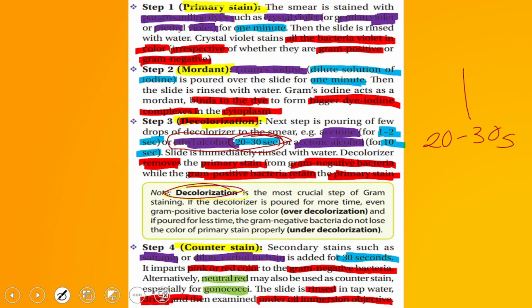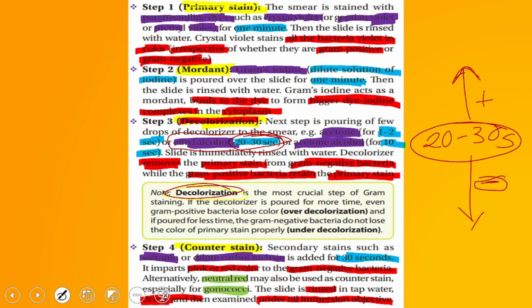Now there are two possibilities. What if you allow the decolorizer to stay for a longer duration, for some extra time, or you apply the decolorizer and immediately wash the slide, that is, you reduce the duration? The optimum duration is 20 to 30 seconds for ethyl alcohol.